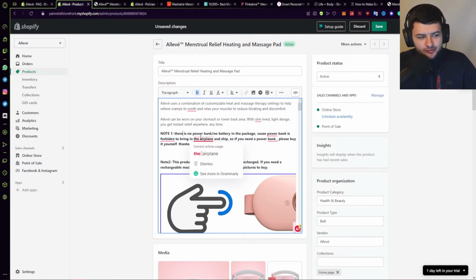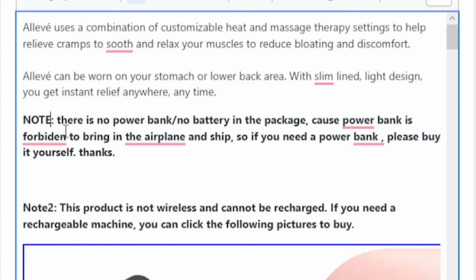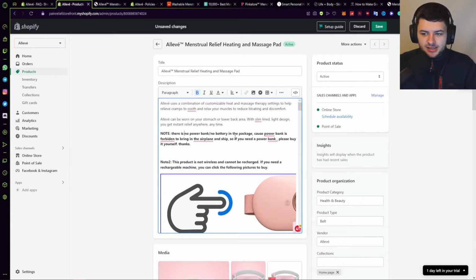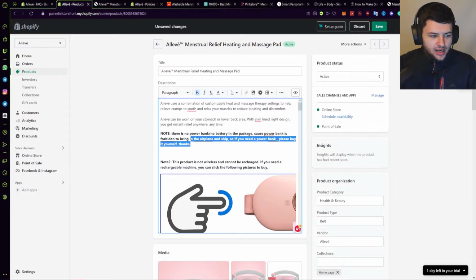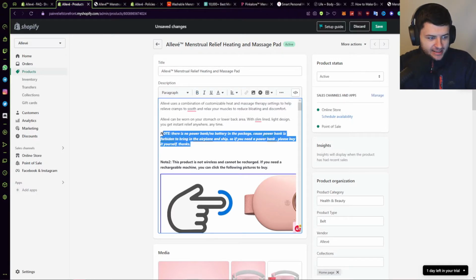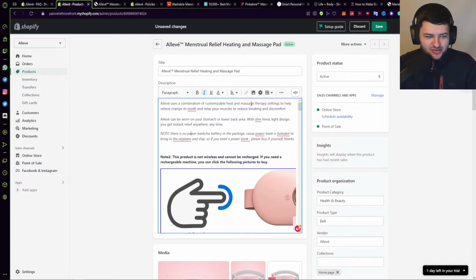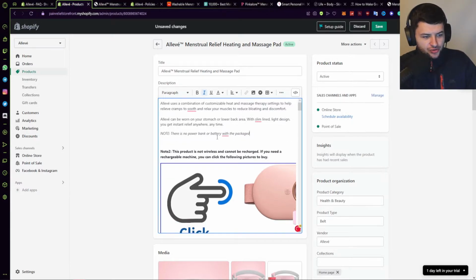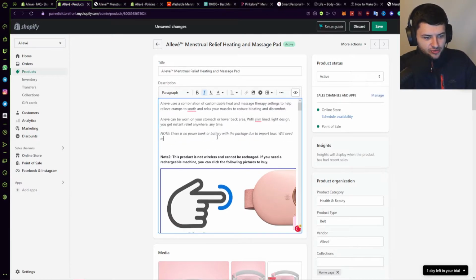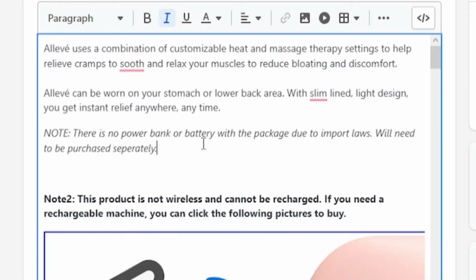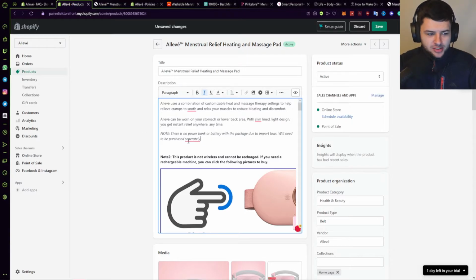Now you want to leave information on here, such as this, where it says there's no power bank or battery in the package, because this will obviously prevent refunds because customers know beforehand. Although I would make this kind of fine print, or italics, just so people don't see it straight away and get put off, but they still need to know. You need to be honest. There's no power bank or battery with the product due to import laws, will need to be purchased separately. So be honest, if your product doesn't include certain things the customer may need, don't lie because it can cause